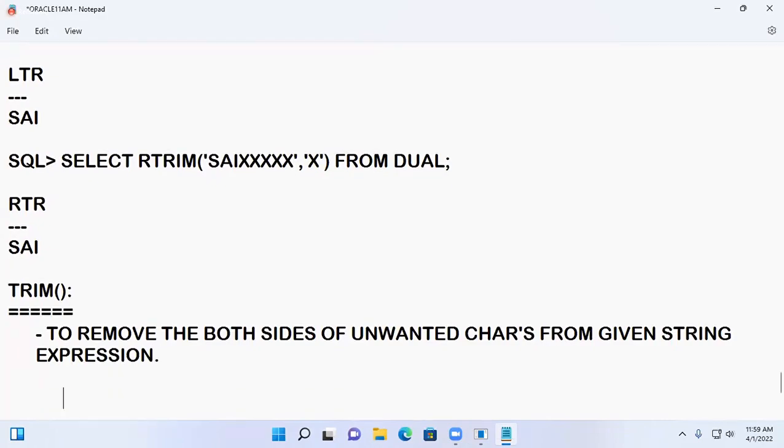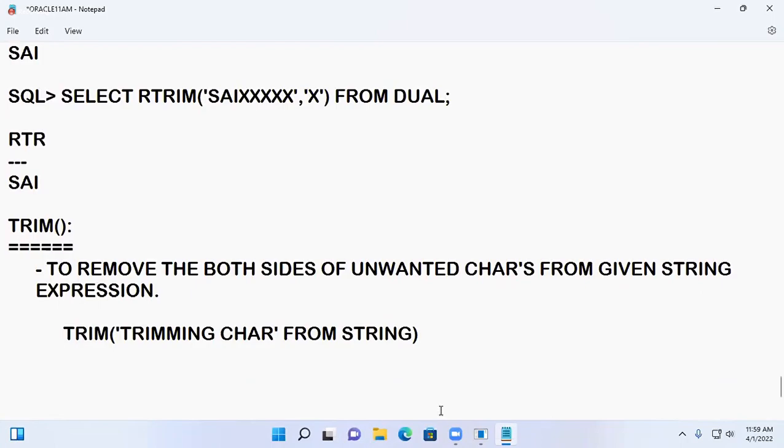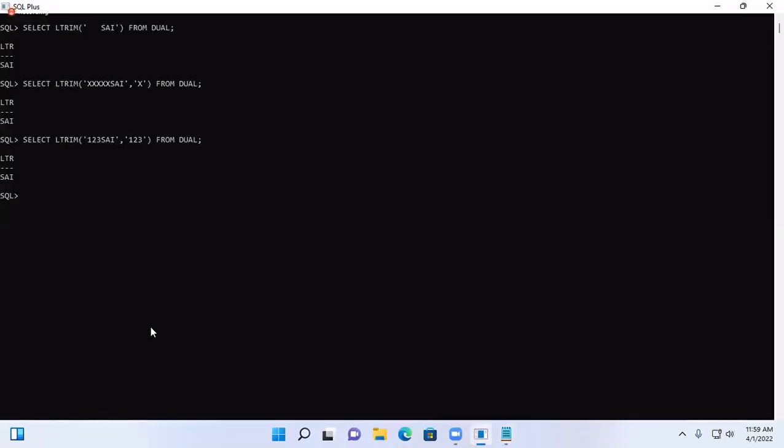And this trim, how it will be means, okay, if you pass trim, here you need to pass my trimming character first of all, and from the given string expression. So trimming character and from the given string expression. So what is the syntax here? Observe. So suppose I'm sending now, select, and I pass here trim of suppose x from, okay,